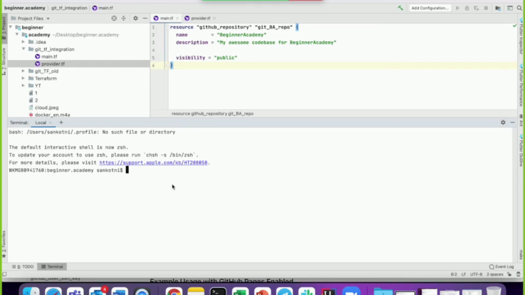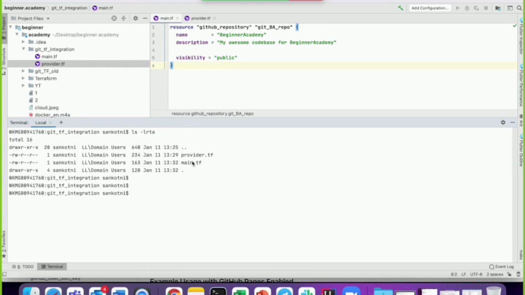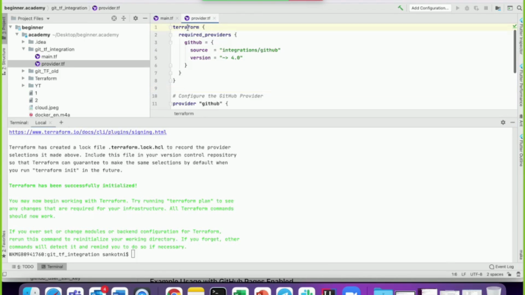So the first command in Terraform that we would be running, let me go to the repo. If you see here, there are only two files in this particular folder. In order to run Terraform, the basic command is, first you need to run terraform init. Basically it goes to GitHub and pulls the integration GitHub provider.